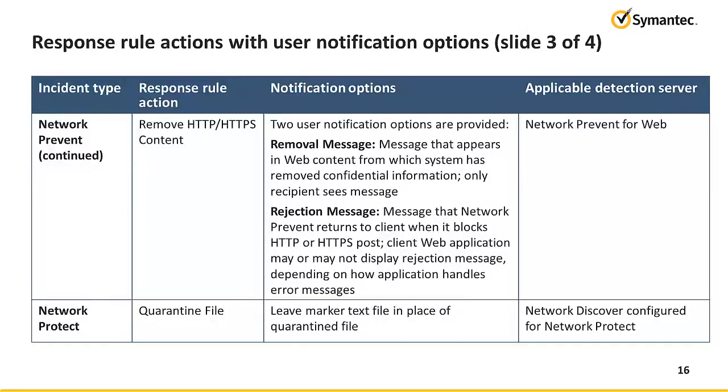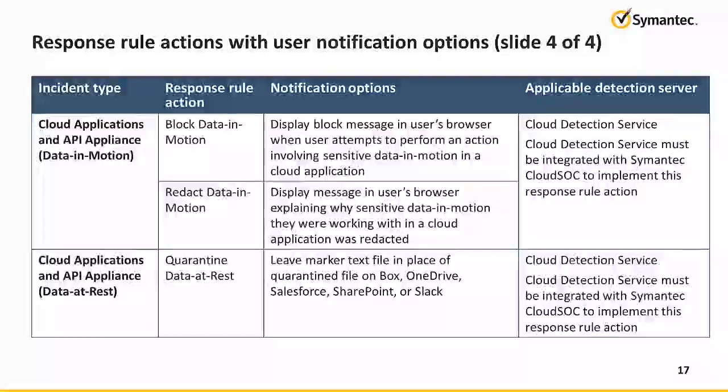Note that in these previous tables, the simple notifications that you can use to educate users prior to implementing block or quarantine actions are indicated by an asterisk. Note that the user cancel response, marked with a cross, is a hybrid notification option because it can be used as a simple notification, but also gives the user the option to cancel, that is, block the operation they were attempting. There are also two incident types entitled Cloud Applications and API Appliance, related to data in motion and data